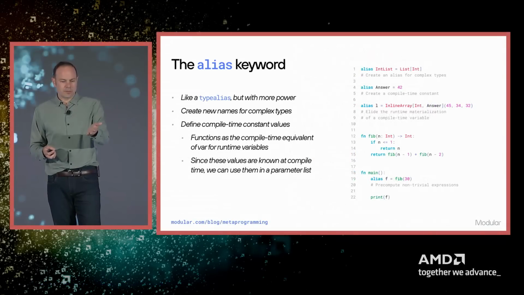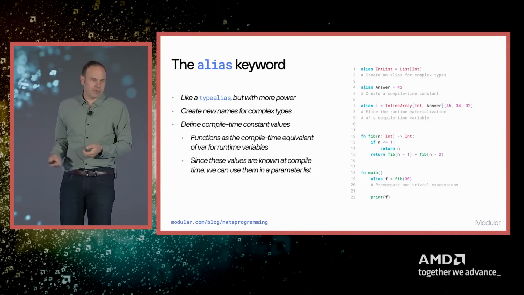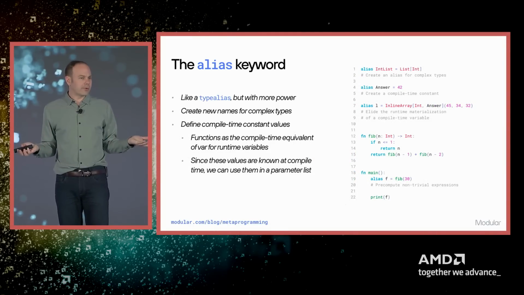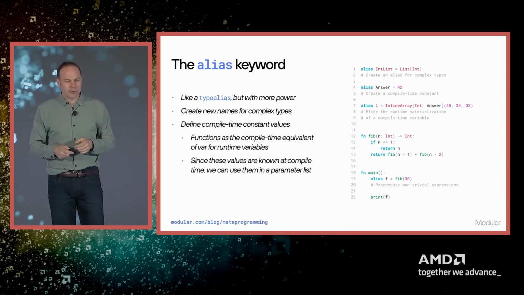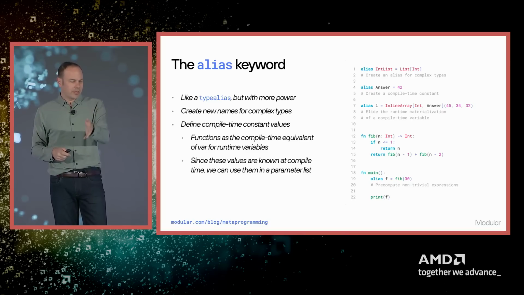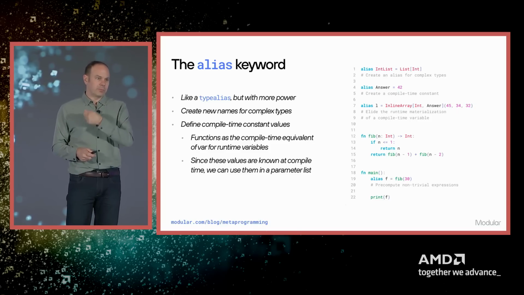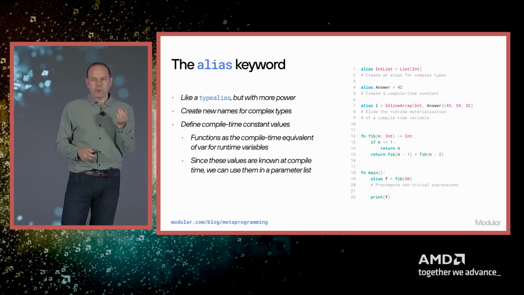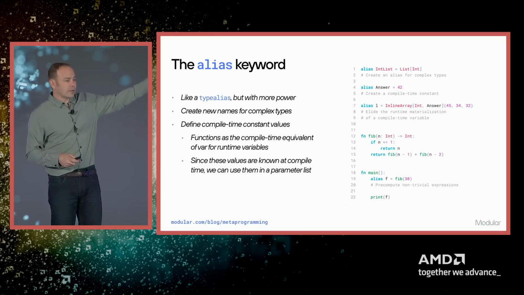In this example, we have a Fibonacci function. It looks like a very normal function you define on line 10. You can totally call that at runtime. That works just like you'd expect. It does recursion, awesome. Well, you can also, on line 19, call this at compile time. And what happens is Mojo guarantees that that function is called at compile time, and the answer is put into your binary. And so you have full control over what the compiler is doing and full ability to express lots of fancy algorithms that go way beyond Fibonacci, of course.